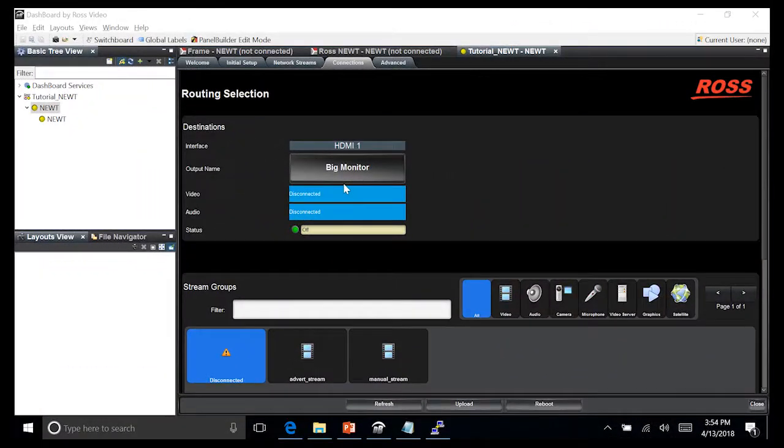Creating connections in HDMI mode is very similar. Notice that I have switched the operational mode of my NUT to HDMI mode, so I only see one destination in the Connections tab. However, I still see the same 2 network streams I created in the SDI example, since the network streams are common across all operating modes. I can connect and disconnect the network streams to an HDMI interface in the same way it is done for SDI.